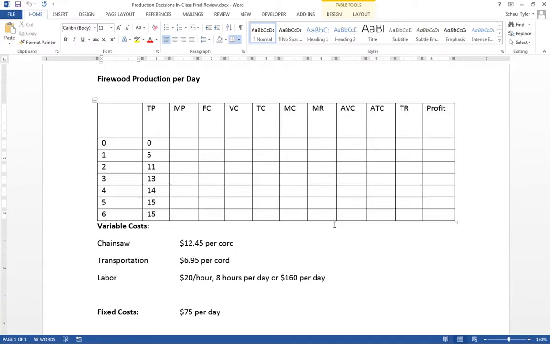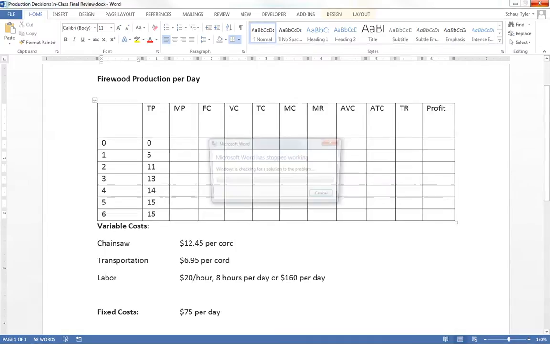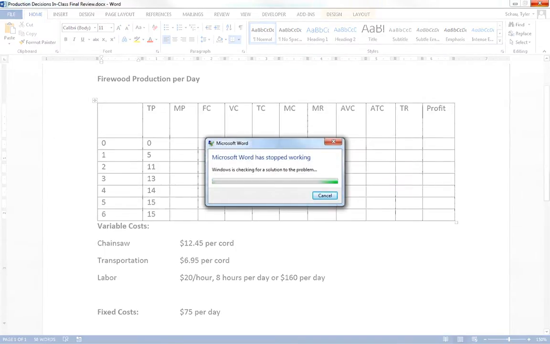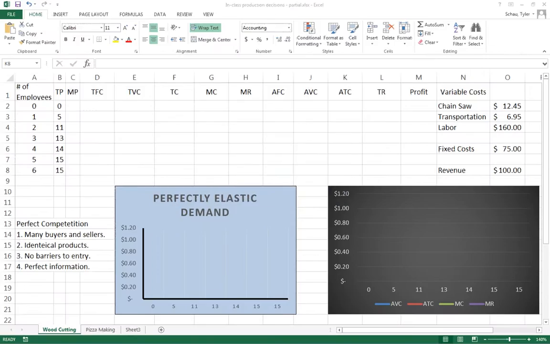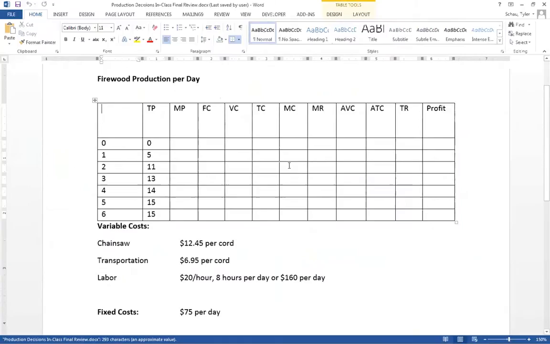But you should have been able to download this document right here. If you haven't yet, Microsoft Word is stopping, so that's not cool, as you probably can see. Here it is. I got it back. So it looks something like this, and if you haven't downloaded it yet,